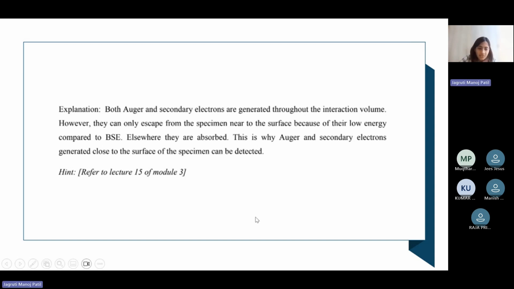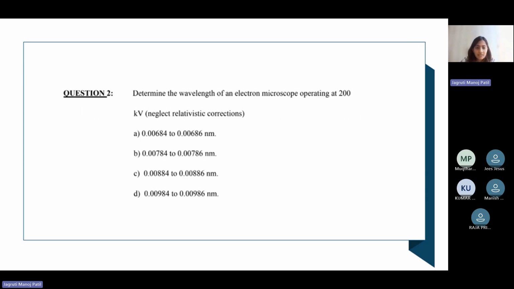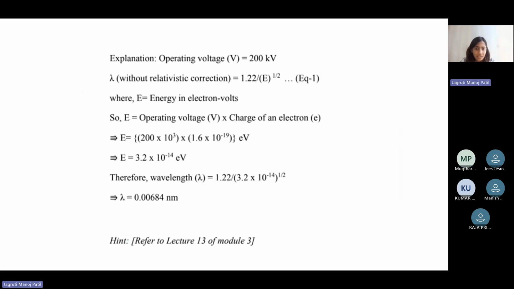So, explanations also this week I've written all of them in the slides so that you can see them through. So, determine the wavelength of an electron microscope that's working at 200 kilovolts. So, for this, you'll eventually need to calculate. If you can calculate it too, or else I can show you the calculations right here. So if you have an operating voltage of 200 kilovolts, you have the wavelength relationship from the de Broglie wavelength. This is nothing but without the